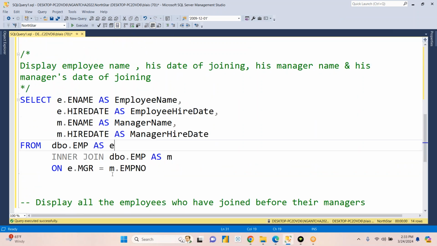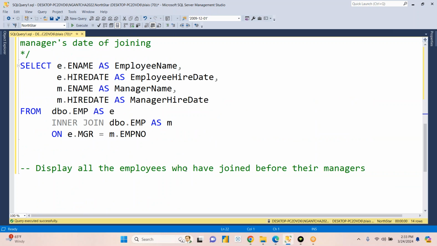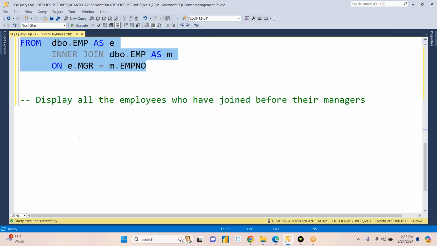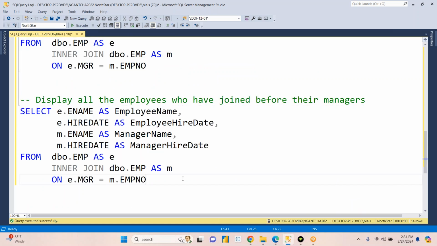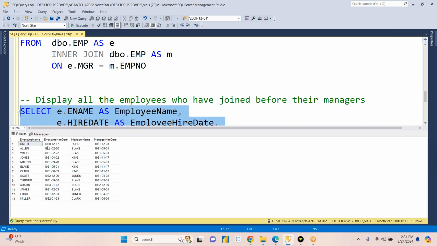All right. So if you look at the next question, you want us to display all employees who have joined before their managers. We already have a foundation for that. This output is very critical. We can just bring it to the next and do some adjustments. We are already showing each employee, their manager, and the dates they joined. The employee name, the hire date of the employee, that's when they joined the company, manager information, and when the